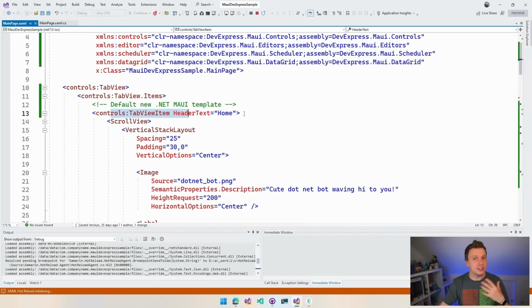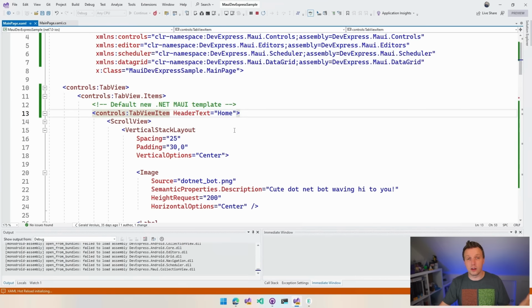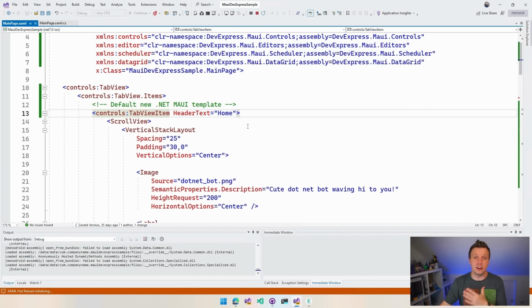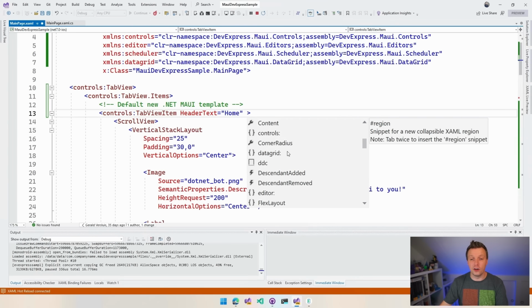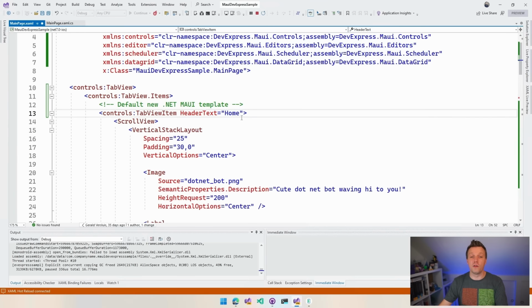And I think they're lazy loading by default. So it will get loaded whenever you go to that page and not sooner. That would enhance your startup time because it's only loaded when needed. You can give it a header text and all these things. I'm just going to show you a couple of properties, but they have a ton of properties. You can see header content, header font family, header icons. So you can give it icons, icon position, spacing. So there are all these properties that you can use to customize the look and feel of your tabs right